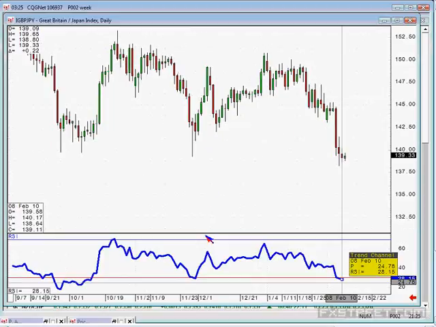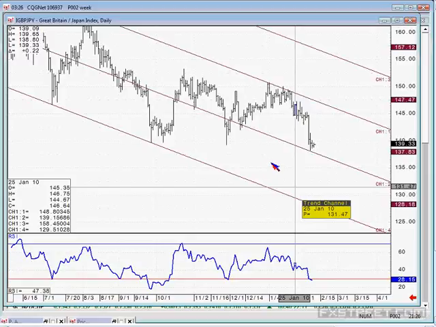When you look at this chart, the way I look at it is, it has been down for quite some time. Let me show you the RSI. If you see the RSI, it is already oversold. It has been down, so I feel the downside is going to be limited.